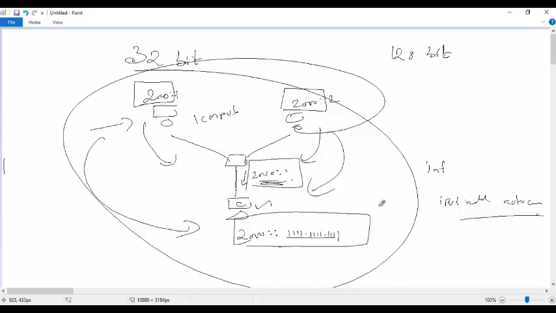Using ICMP version 6, these devices will be sending information using a multicast address for this PC to learn. Because in this PC, I told auto address config. Immediately, this PC will send a special message.